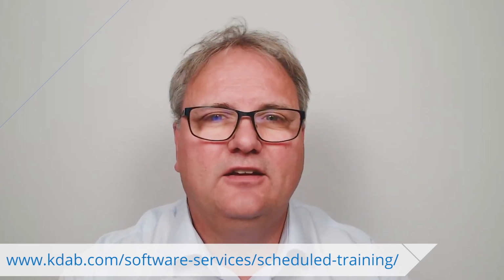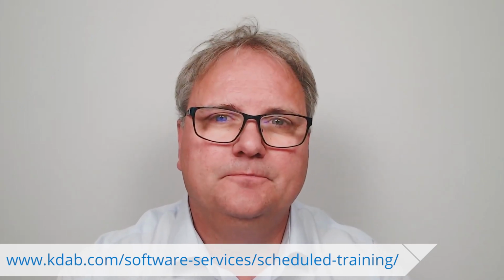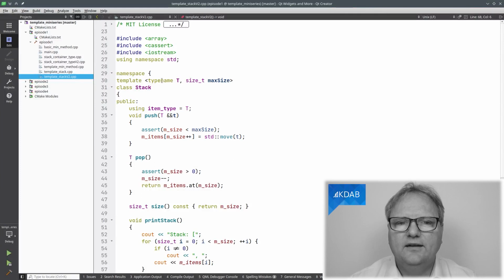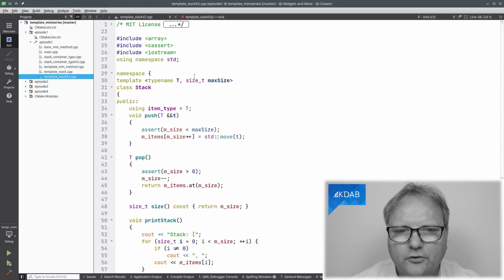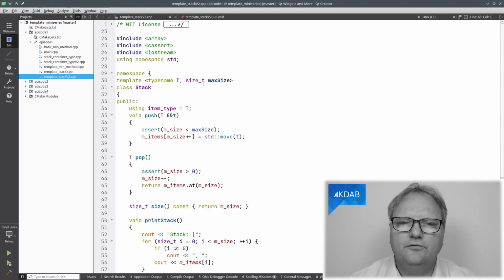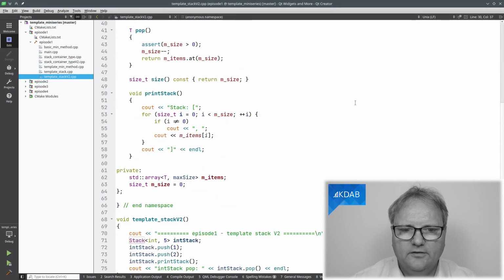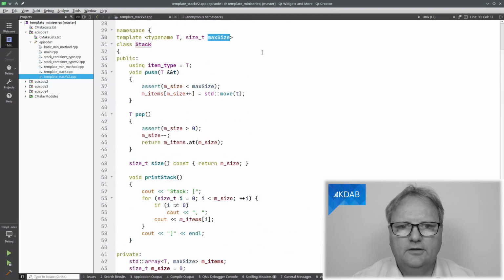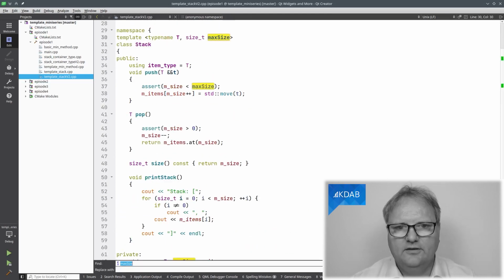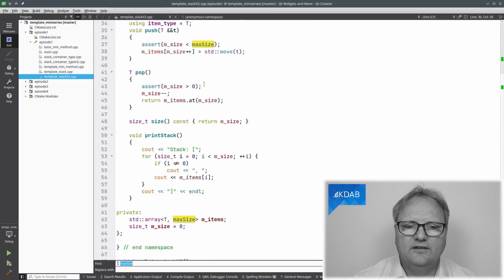And let's get back to that colorless Jesper. So this time, template type name T as before, and then size T, that's this variable type that could be an integer. So just think integer if size T confuses you. Int max size, so that's the size. And if I just do like this, you can see all the places where I use it. So I have an assert now that my size isn't larger than max size.